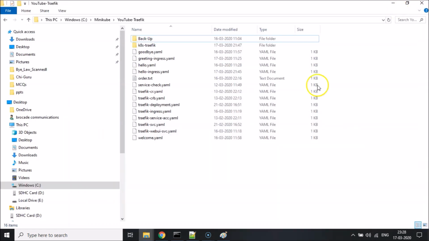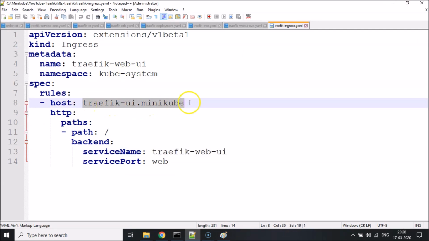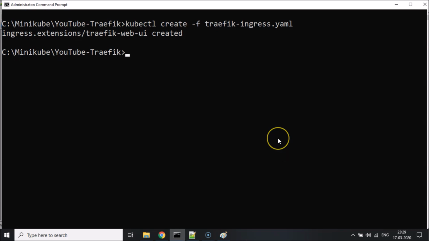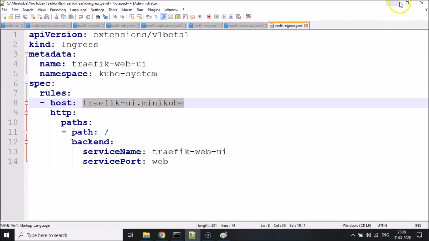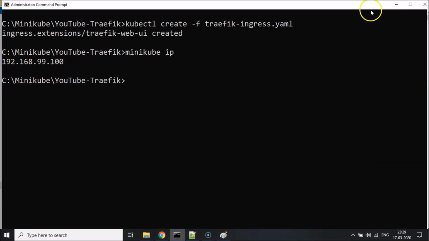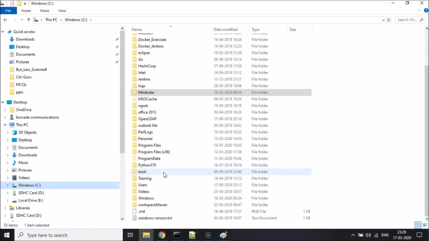So what I want to do now is somehow ensure that I make some DNS changes so that this particular domain name resolves to the IP address of my Minikube. So if I do my Minikube IP, this is the IP address. So since I'm running on my Windows box, let me go ahead and modify my etc hosts file, so that whenever somebody hits this particular address, they will in turn get redirected to this particular IP address. So let me go to my etc hosts file that is typically present in C:,